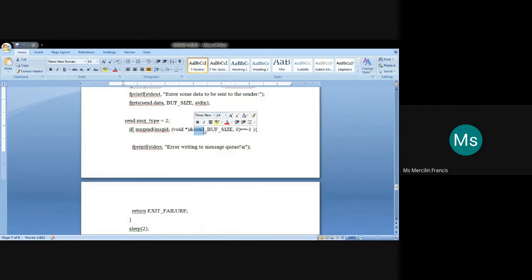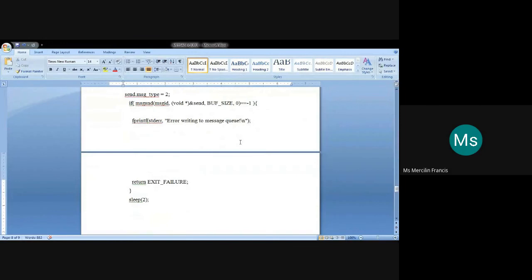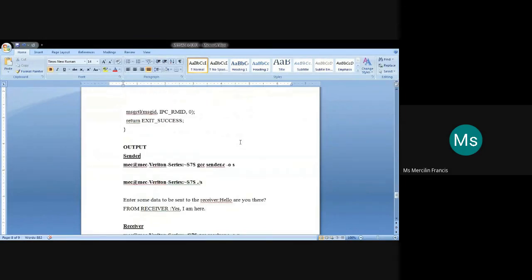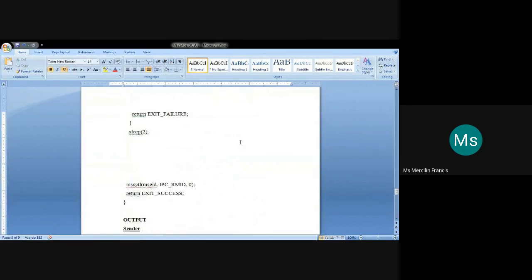So the structure will be sent, with the buffer size, and the default 0 will be given. If again some error occurs, it returns an exit failure. So these are the different operations performed in order to implement inter-process communication using the message queue.